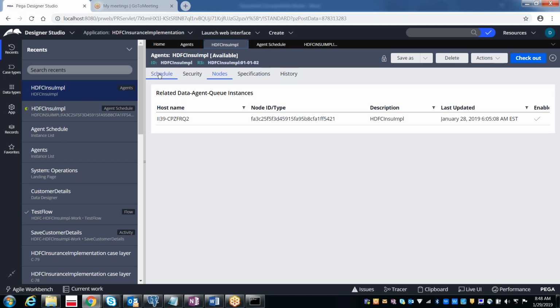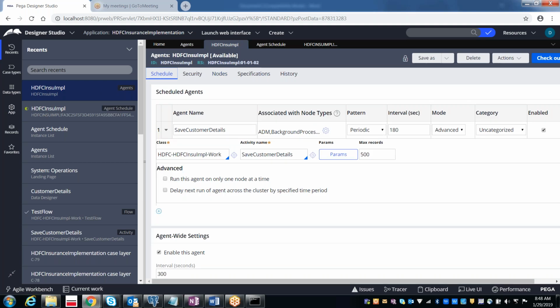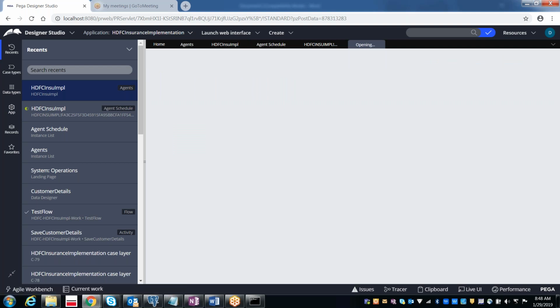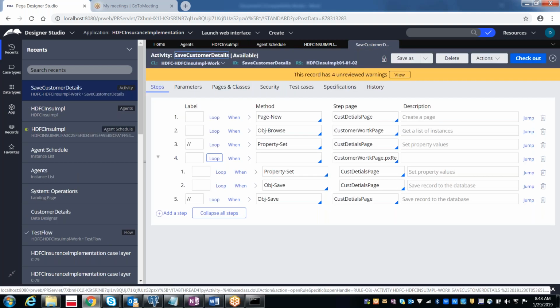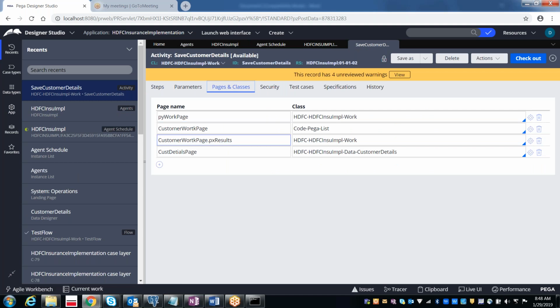Before tracing the agent, first of all I just wanted to show you what exactly the functionality is that we are going to do. I already told you the functionality: copying the customer details from PC_work to the customer table. For that we have an activity, so open that activity. In this activity, I am taking 2 pages.